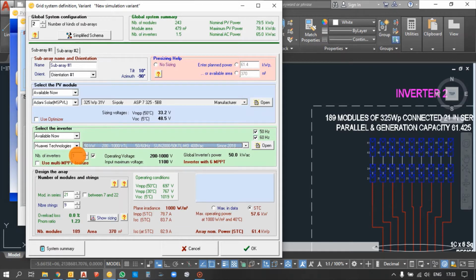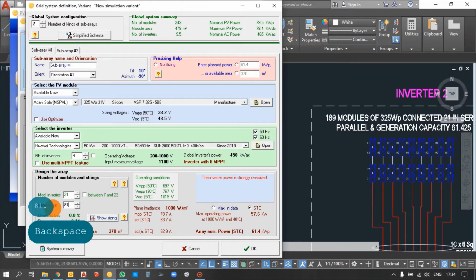Let's go with 9 inverters. I'm using 9 inverters in this whole plant with 21 modules and the same 9 strings will be connected with all 9 inverters. So the total number of strings is 81, as 9 nines are 81. You can see it is 23% of overloading with a plant capacity of 553 kilowatt peak. My AC power will be 465, that is around 450 kilowatt. So this is okay with the configuration.